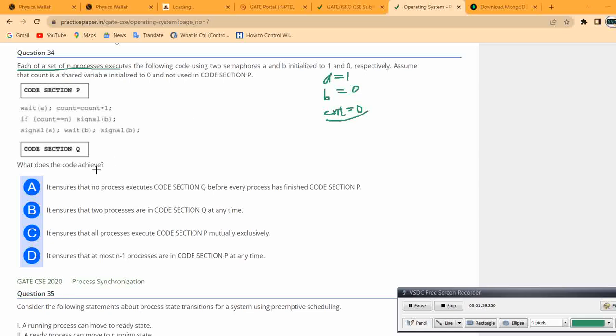What does the code achieve? Okay. Let's assume n is equal to 3. Let's take less, we have to do fewer calculations, but you will understand all the answers. Let's say process P1 wants to exit the critical section, and